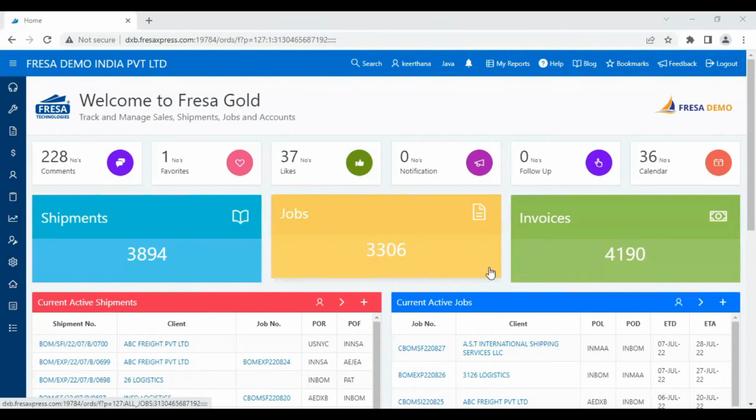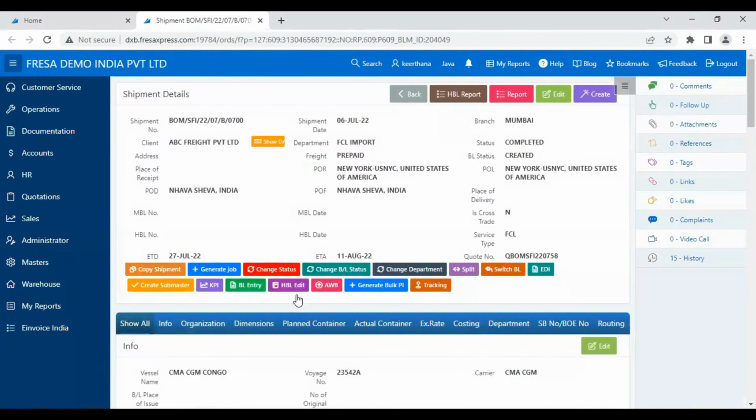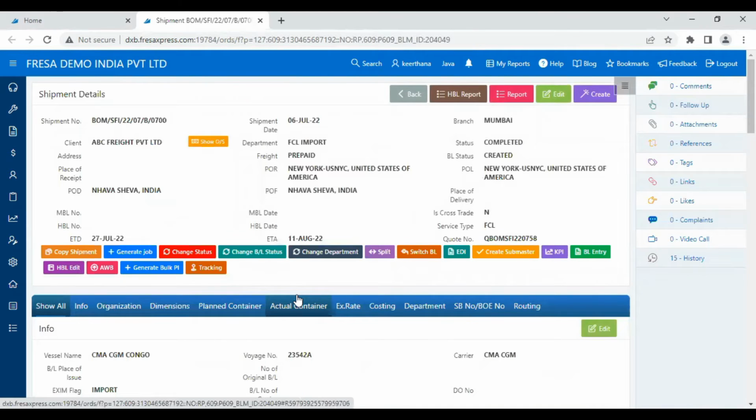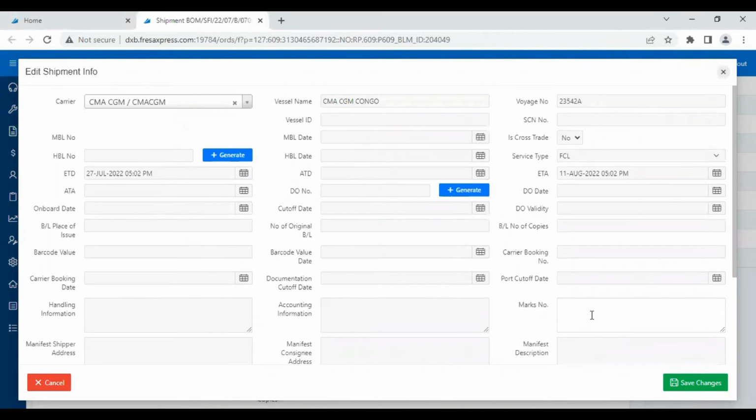Open the respective job or shipment. Now, we will be navigated to the shipment screen. Here we have to click on the edit button. In the edit shipment info page,